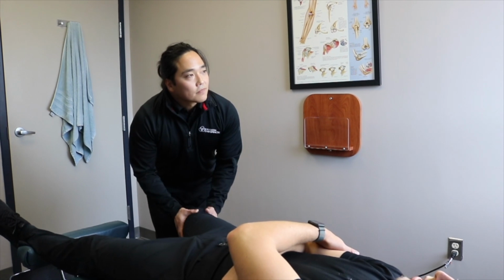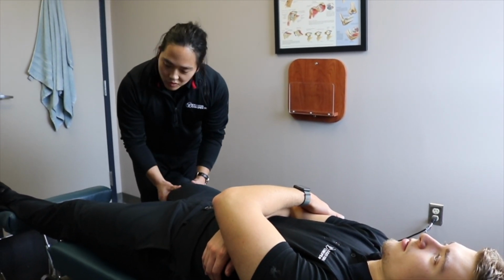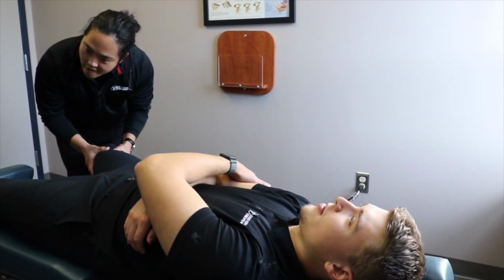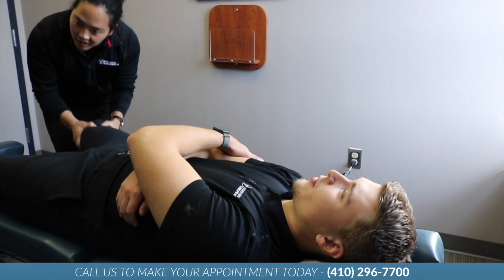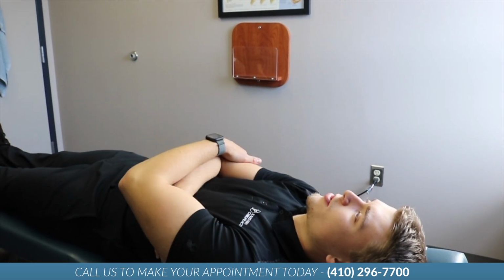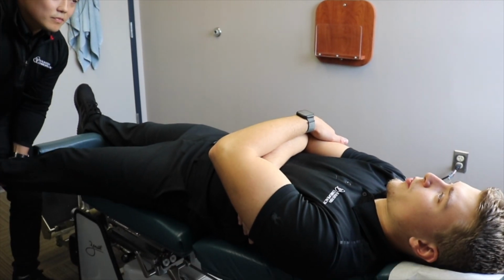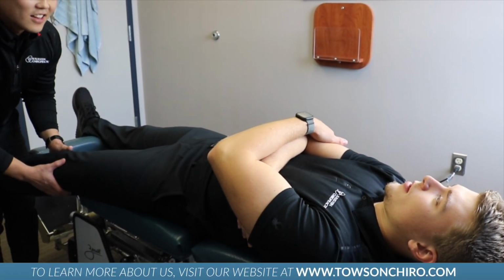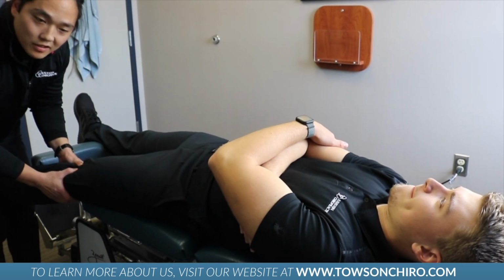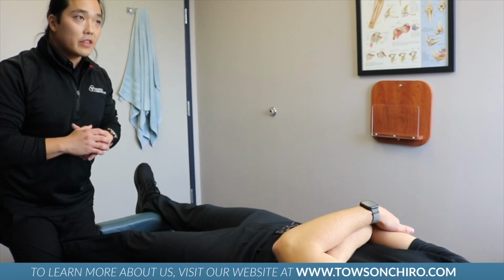We have traction. Traction's a good one. What is traction used for? Traction is used for decompression. It's great for patients suffering entrapments, such as stenosis, dealing with radiculopathy. And radic, if you guys don't know, just means any pain that is derived from our spine, from